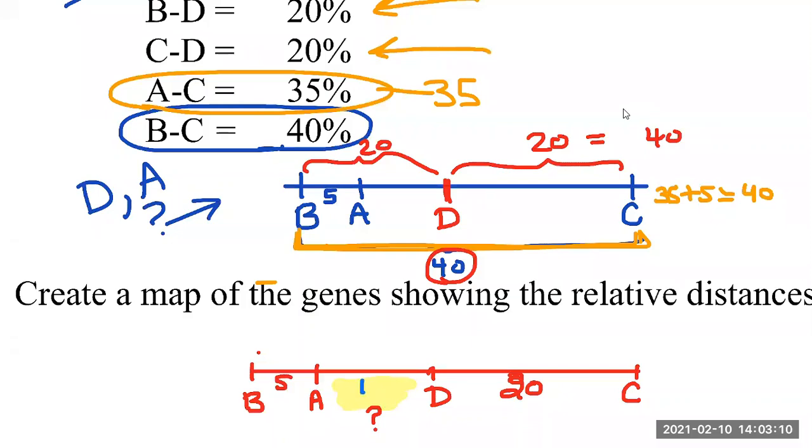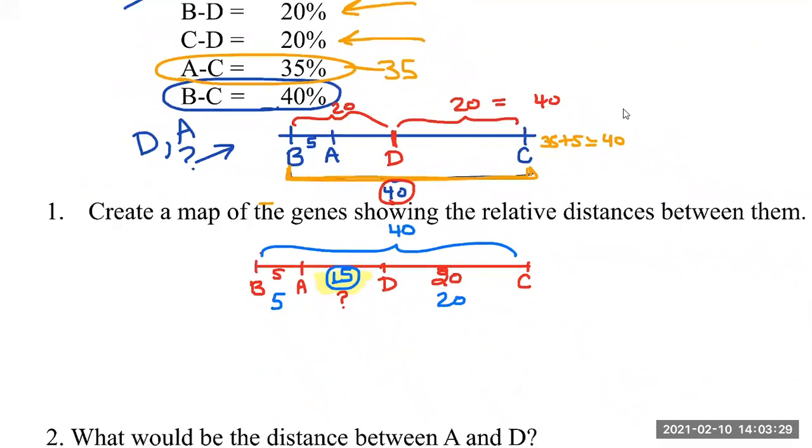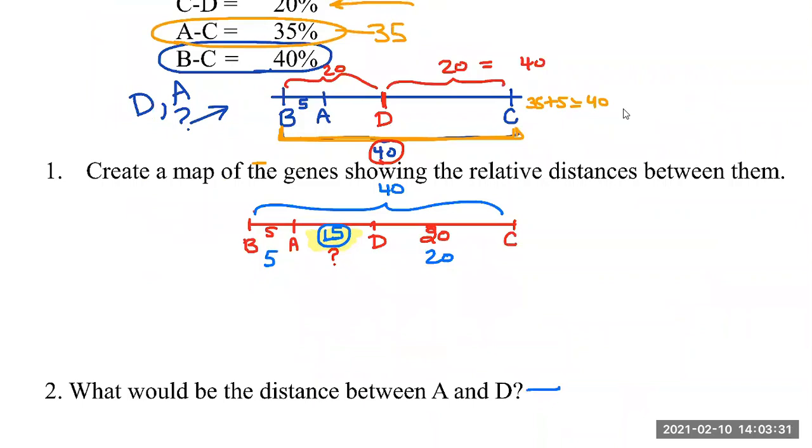Exactly, it would have to be 15, right? Because we already know that the entire thing is 40. We know this is 20, we know this is 5, that's 25, this must be 15. However, I'm not going to ask you on the test to create a map. All I'm going to ask you to do is to give me the correct order of the genes. So on the test, the answer to this, the distance between A and D, would be 15. You will not have to do that on the test, but that is something they could ask you to do